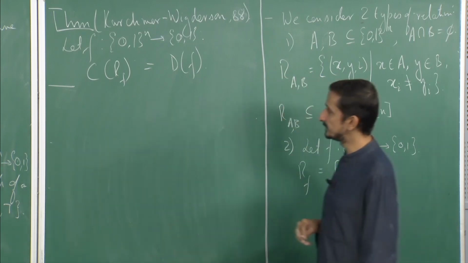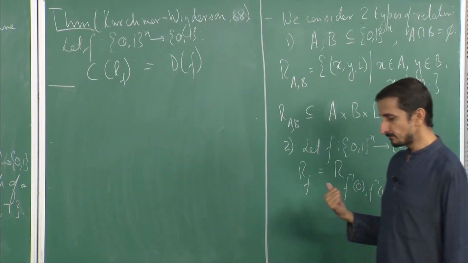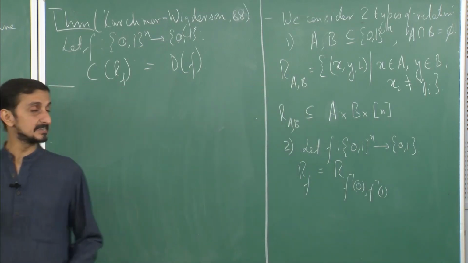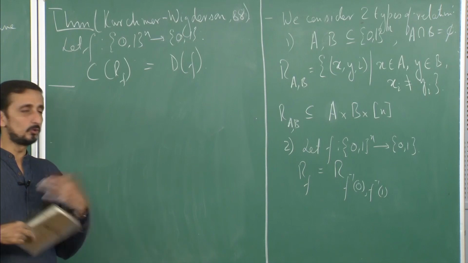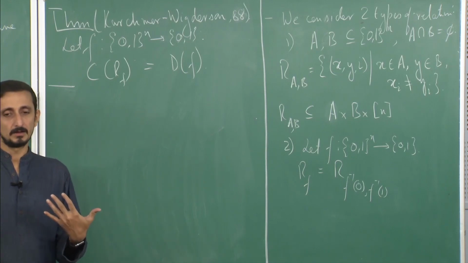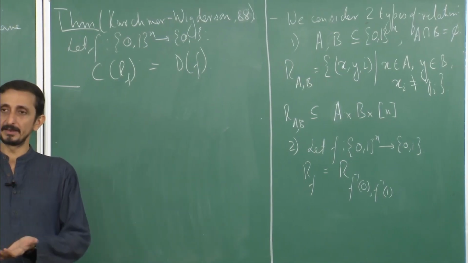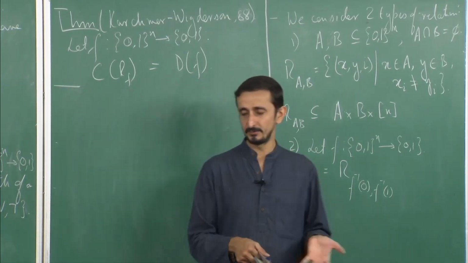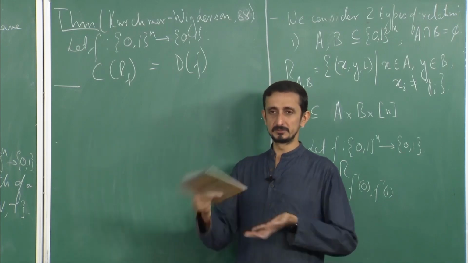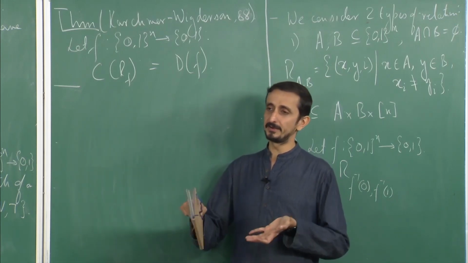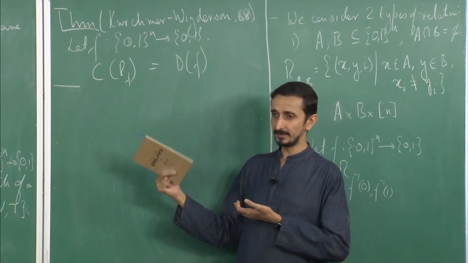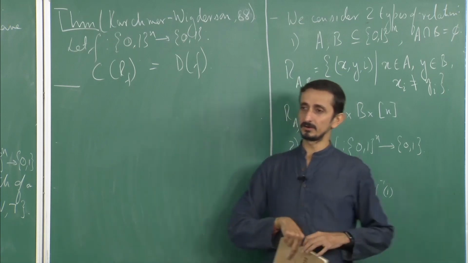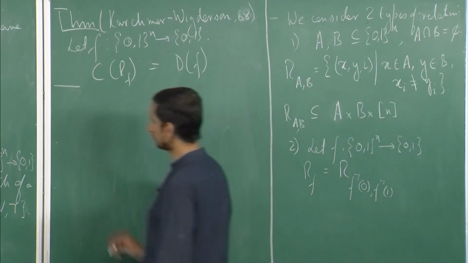So how do we prove this theorem? The proof is actually not very difficult, and as expected, it goes in two ways. First we show that, given a circuit, there is a communication protocol corresponding to that circuit, whose number of bits communicated corresponds to the depth of that circuit, and the reverse. So given a protocol, there is a corresponding circuit. Okay. So first,